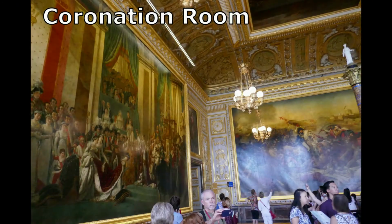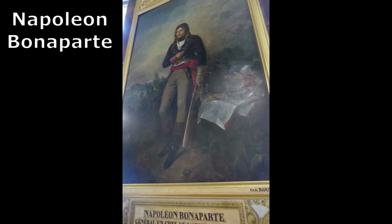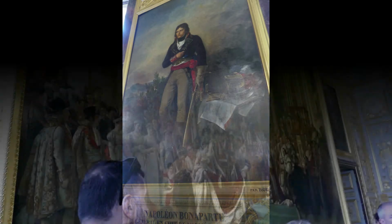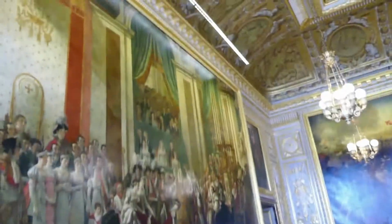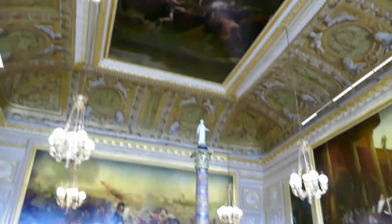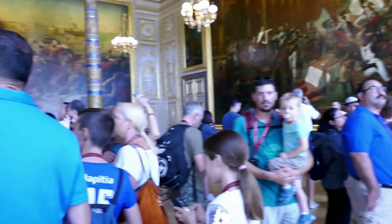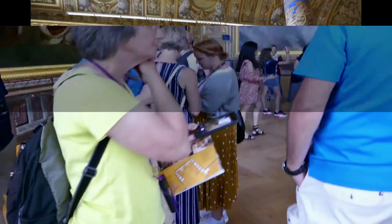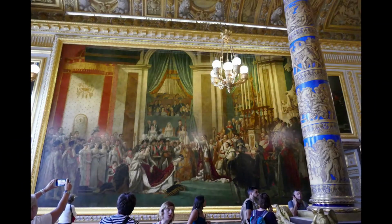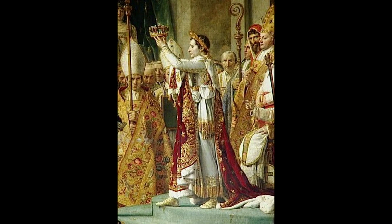The Coronation Room. No sooner did they throw out their king than the French got an emperor, Napoleon Bonaparte, who's honored in this room. The revolution established democracy, but it was shaky in a country that wasn't used to it. In the midst of all that confusion, an upstart general, Napoleon, took control and soon ruled like a dictator. This room captures the glory of the Napoleon years, when France conquered most of Europe. In the huge canvas on the left-hand wall, we see Napoleon crowning himself emperor of a new, revived Roman Empire,